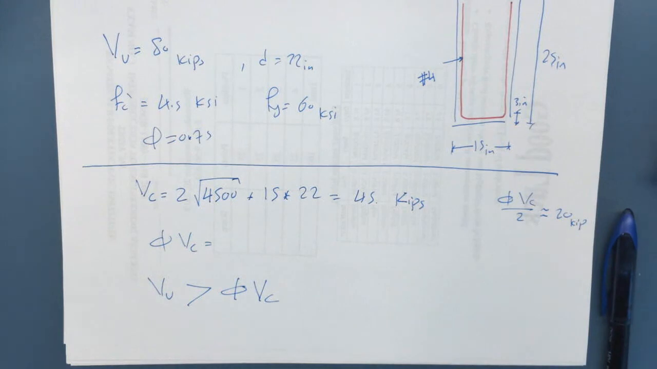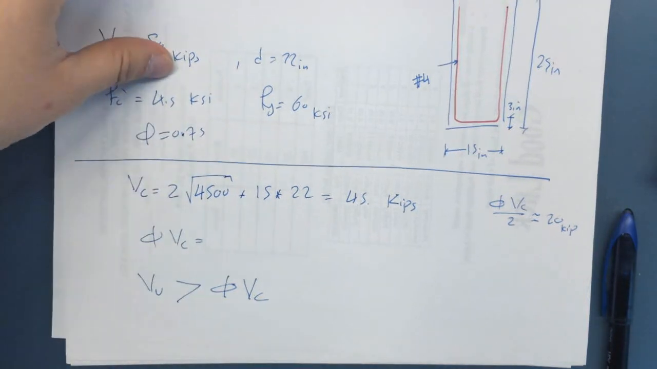Okay, we were hopeful that we would not need any reinforcement. We were hopeful that we would be here. It's not. So we will have to be here: V ultimate greater than phi VC. So from here, we know that we need to calculate the value of Vs. And if I go all the way forward,